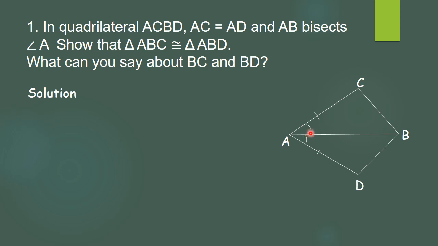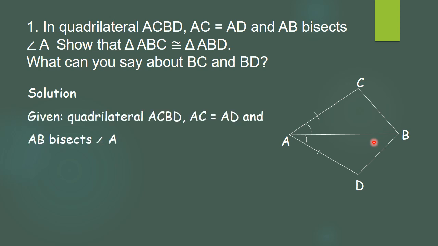Now for that, first, what is given? AB bisects angle A. What is meant by the bisector of an angle? It divides the angle into two equal halves. So as AB is the bisector of the entire angle A, angle A will be divided into two equal parts. So we get angle CAB and DAB are equal. Now whenever we write, first we have to write what is given, then what is to be proved, and then the proof that is required. So first we'll start with given.